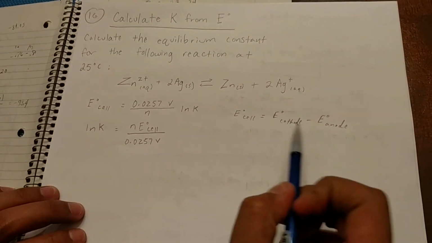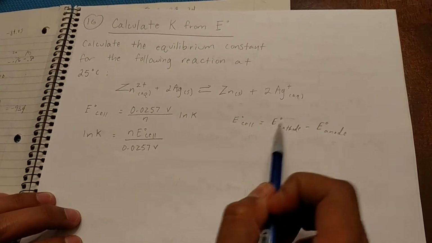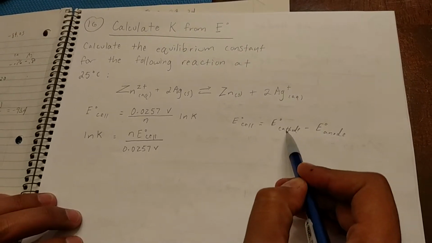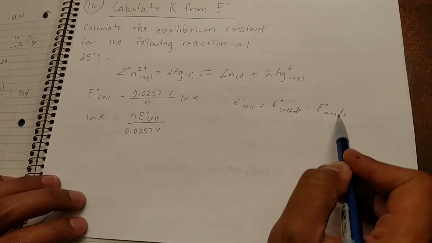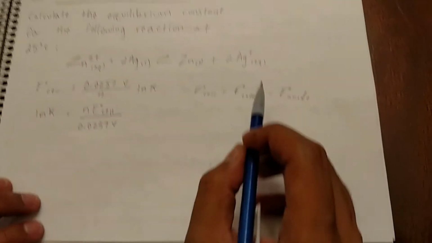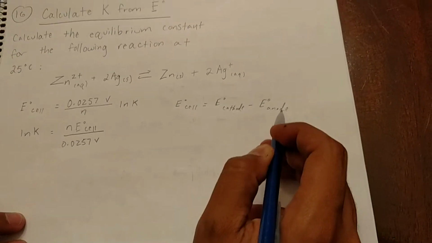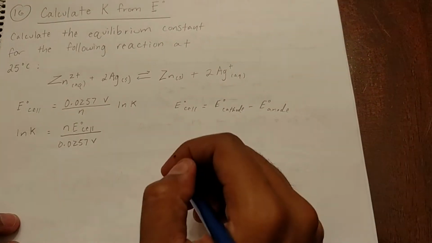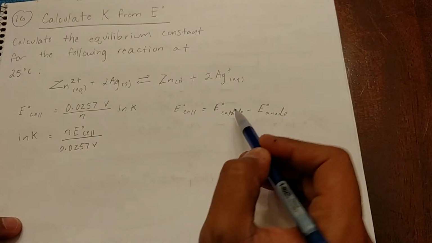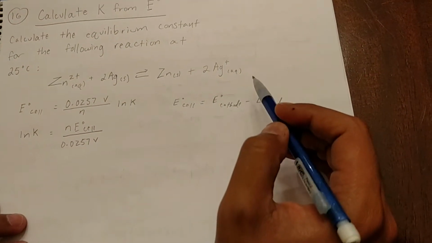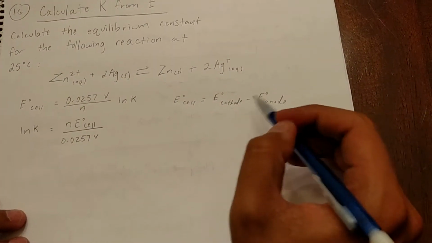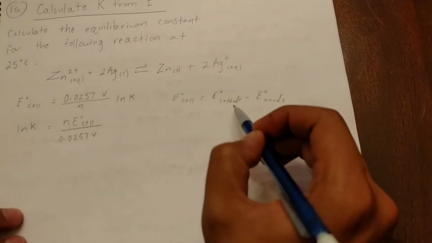To find this value, you have to do a redox reaction and figure out which is your cathode and which is your anode. Your cathode is your zinc and your anode is your silver. To find these values, you have to look them up in your book or in a certain index where you're given the value of the E° for the half reaction